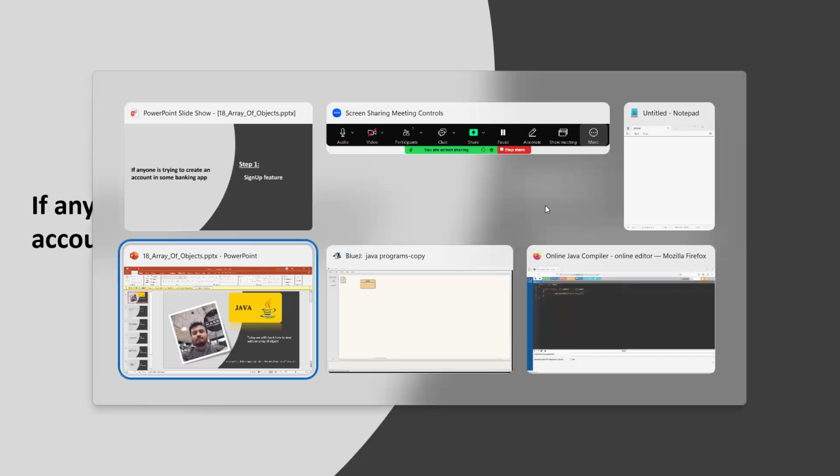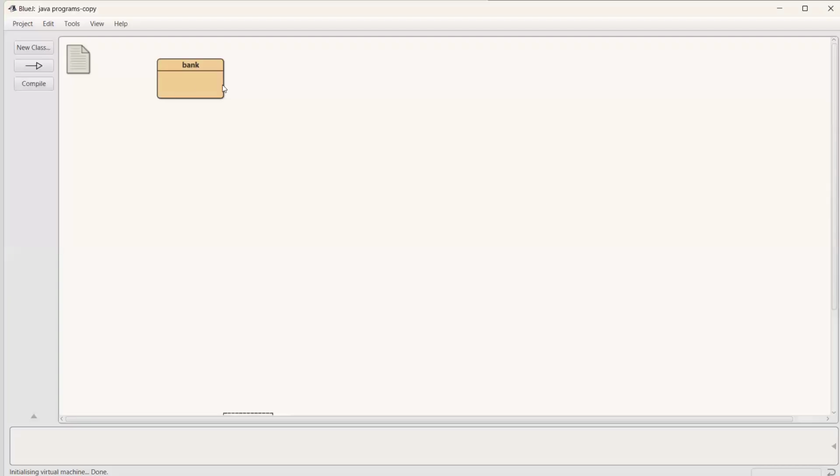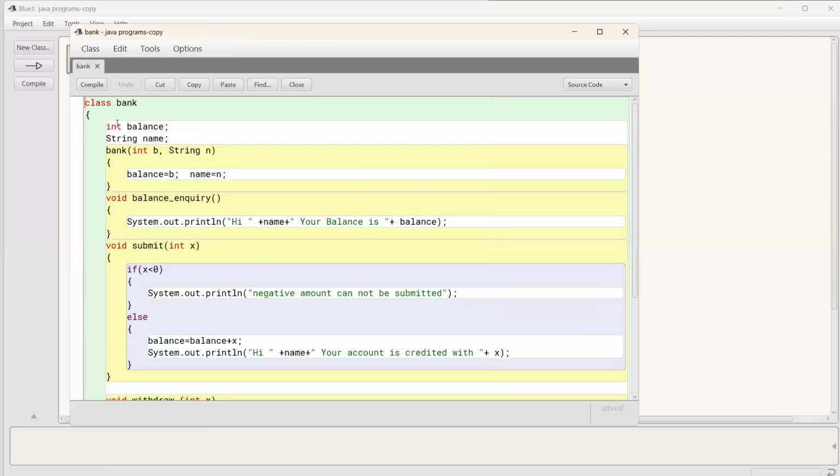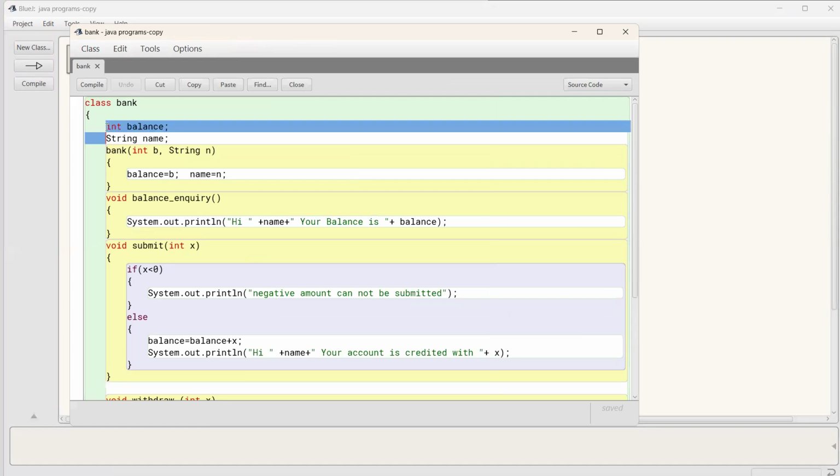So let me go to BlueJ. We already created a banking class in one of our classes, and I'm just going to reuse that. There is no meaning in recreating that class once again. If you are new, let me explain what we have in this class. The class name is Bank. It has two variables called balance, which will hold the amount you save or store in the bank,